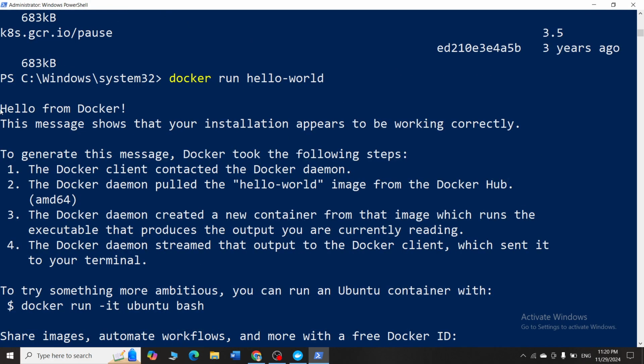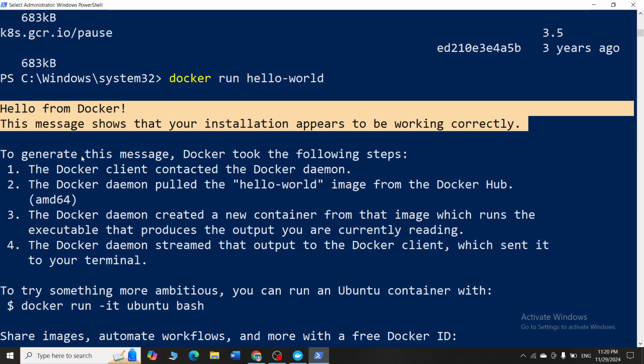When it runs, you get a message saying Hello from Docker. This message shows that your installation appears to be working correctly. As I told you, hello-world is a sample image used to check whether Docker is successfully working. Now that I've got this message, my Docker is working.